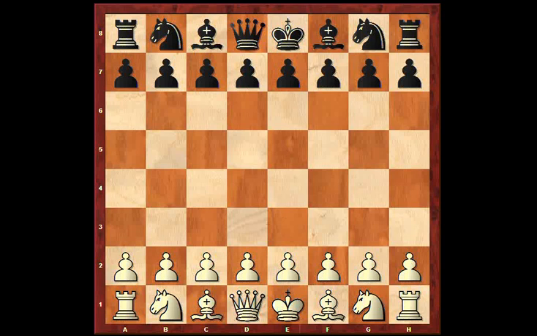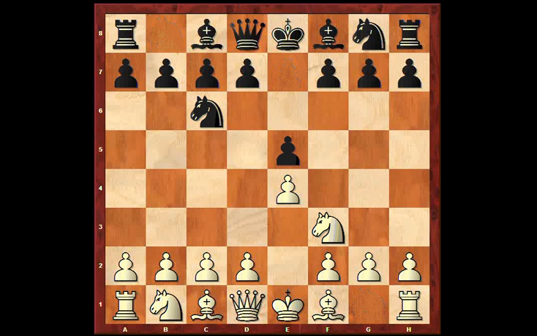Hi chess friends, this is King's Executor covering round 4 of the World Chess Championship, which is being held in Chennai, India. Anand had the white pieces, opening the game with e4, and we have a Ruy Lopez on the